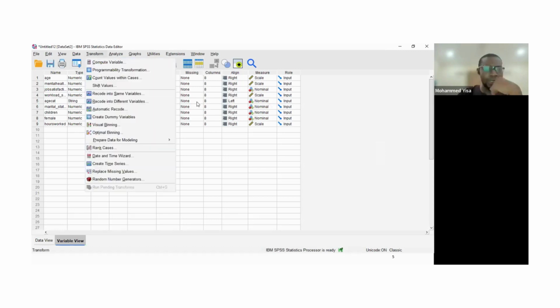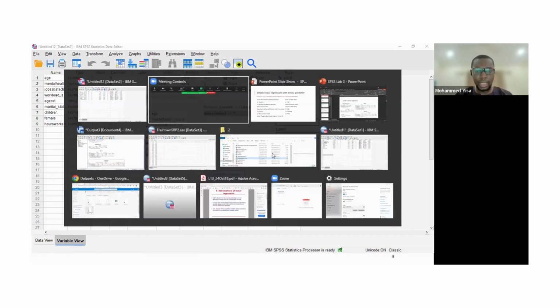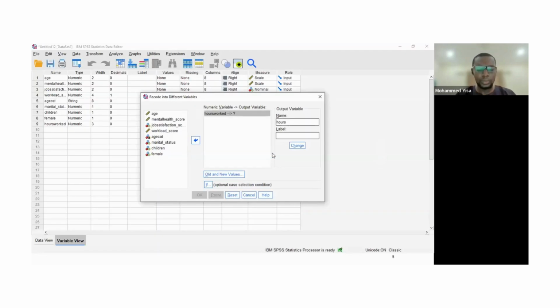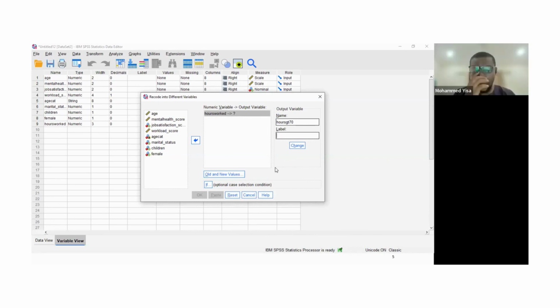So we go to transform, recode into different variables, and then we click on hours worked, and that's it. So what is the new variable name? I believe they said hours GT70. GT70 and label. The label just explains what the variable stands for. Okay, so